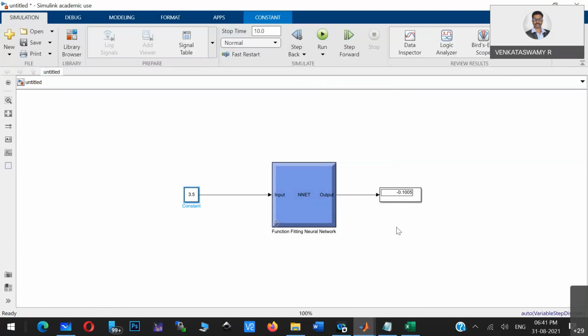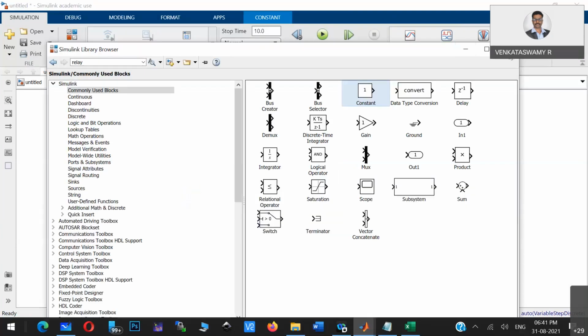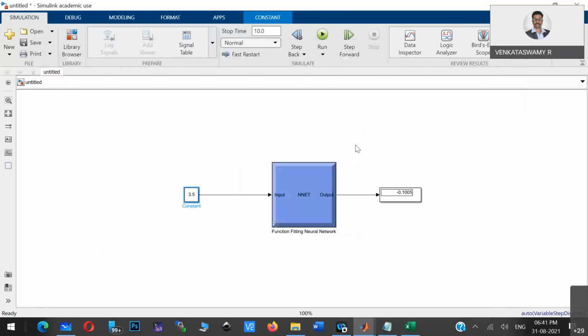So now, using the neural network tool, you can create a model, a Simulink model or a model as a function, for your problem. So this is MCB. Like that, you can create anything. Is that convincing?